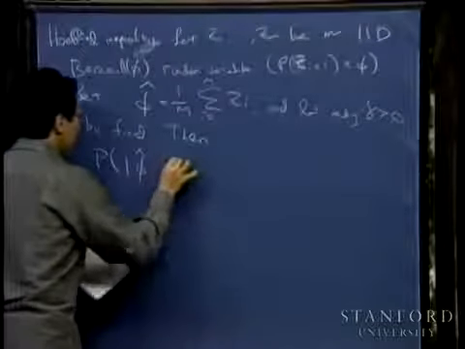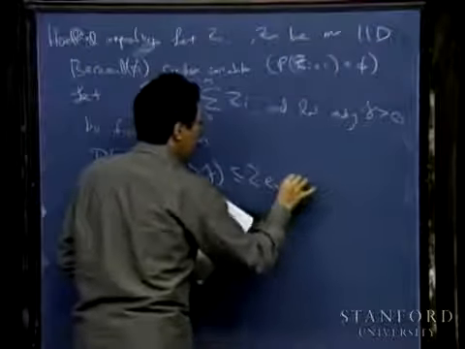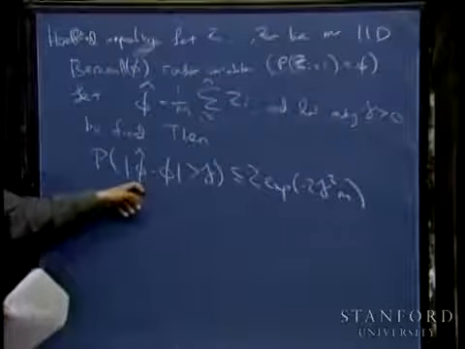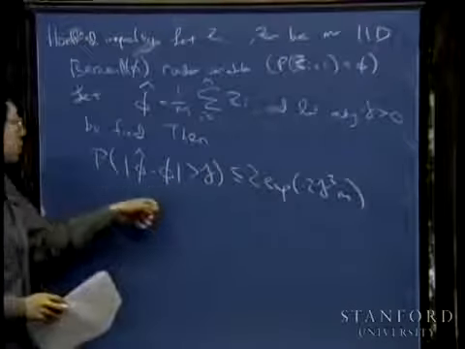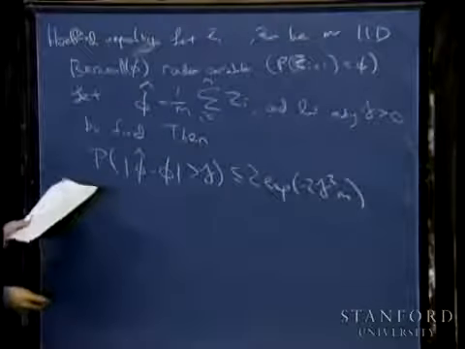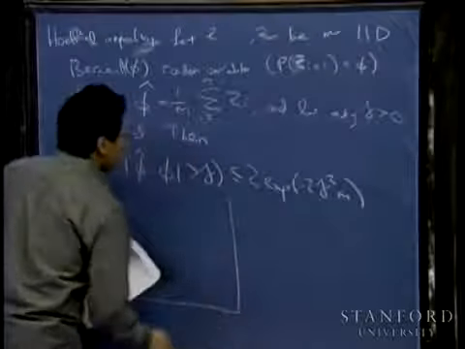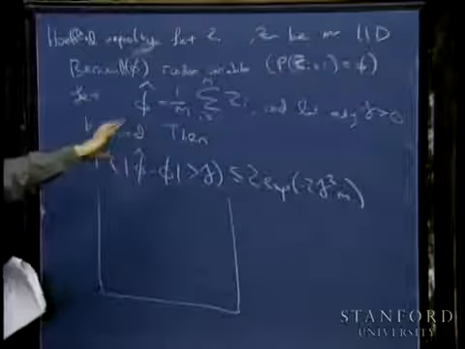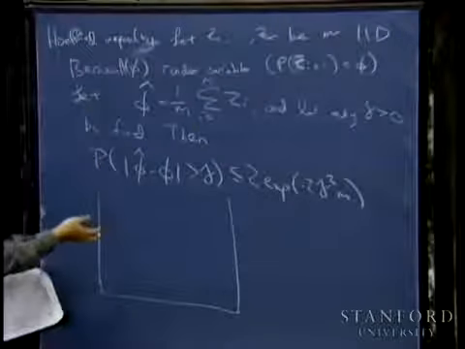is that the probability your estimate of phi is more than gamma away from the true value of phi is bounded by 2e to the negative 2 gamma squared m. Just in pictures, this theorem holds, this lemma, the Hoeffding inequality, is just a statement of fact. This just holds true. But let me now draw a cartoon to describe some of the intuition behind this, I guess.